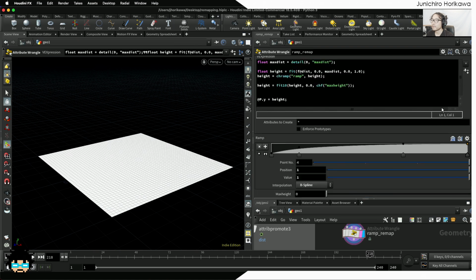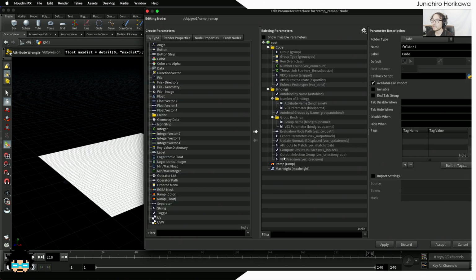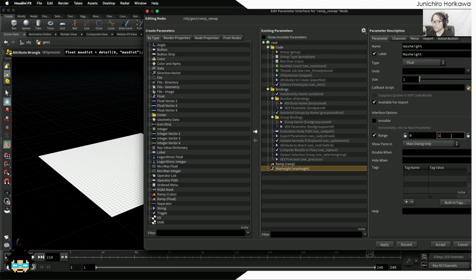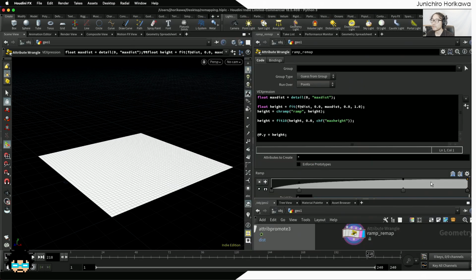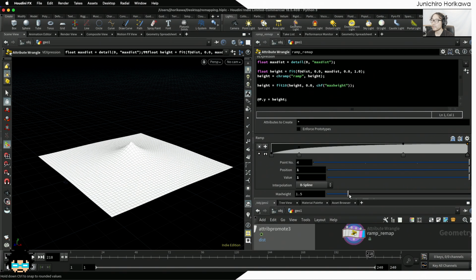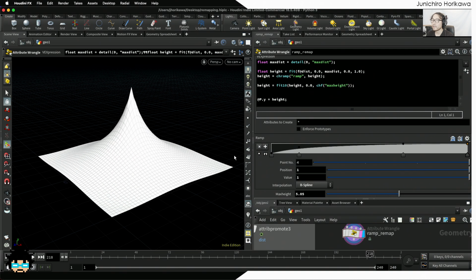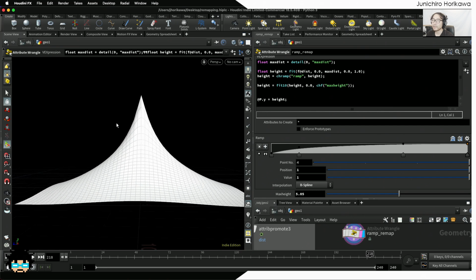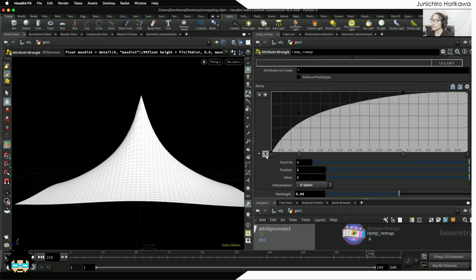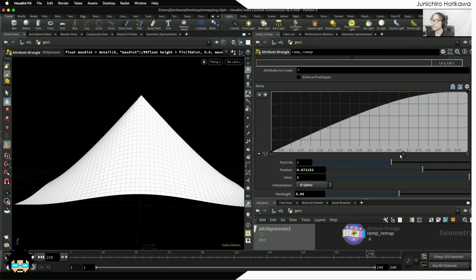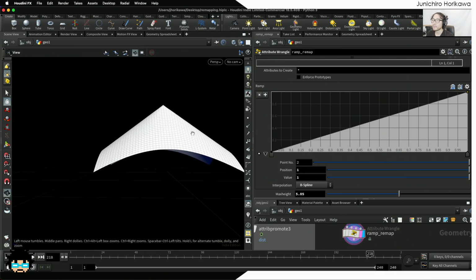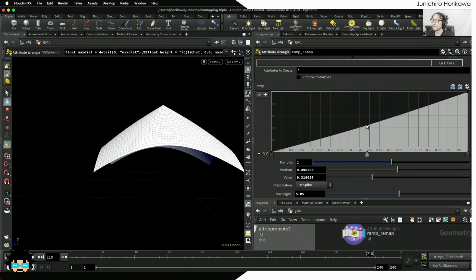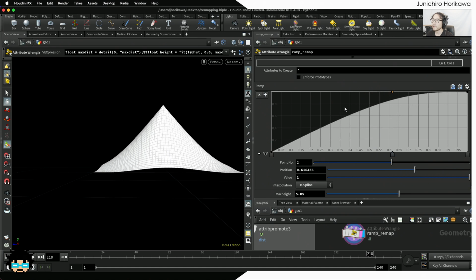Okay, now let's promote this max height parameter, and let's also change its range from 0 to 10. And if I change this value here, you now see a more curved change in the height compared with the linear distance change you had previously. Previously it looks like this, but by adding a ramp curve,